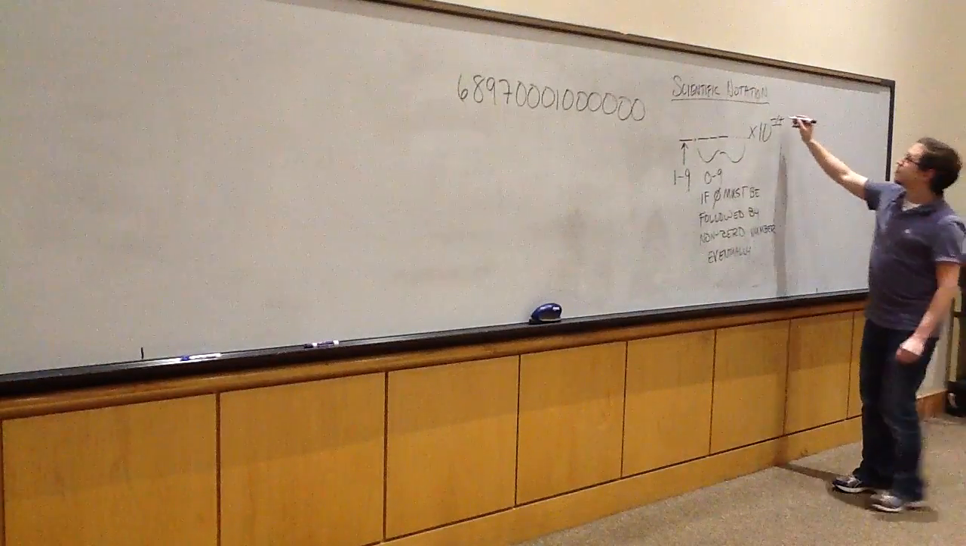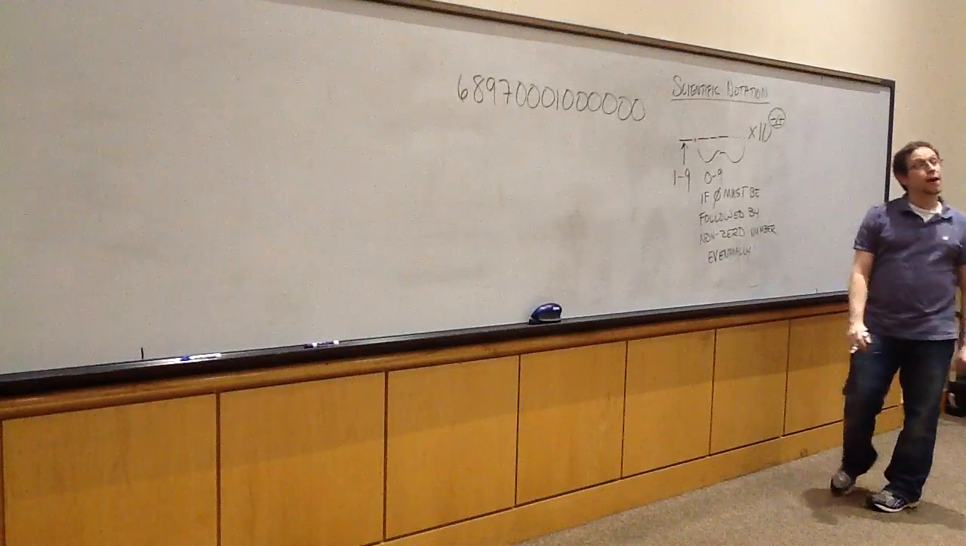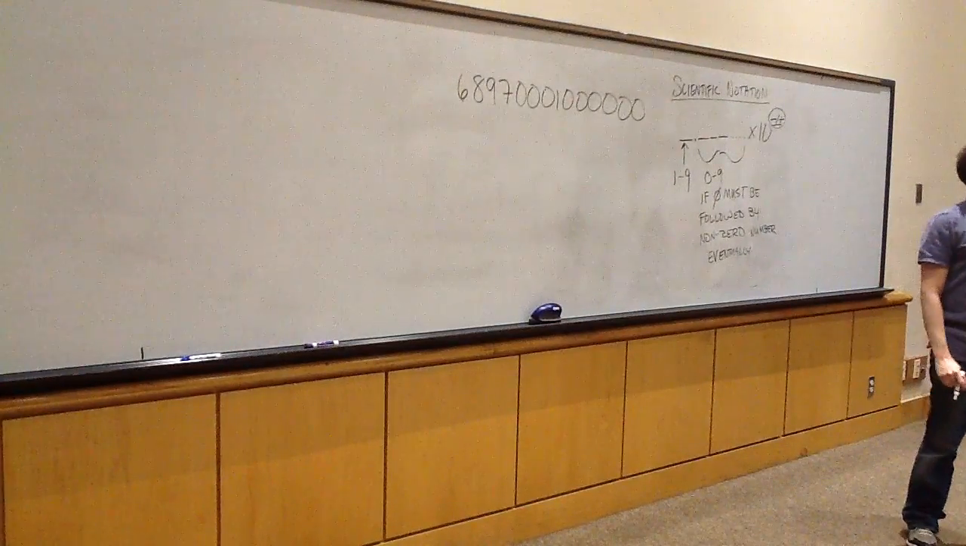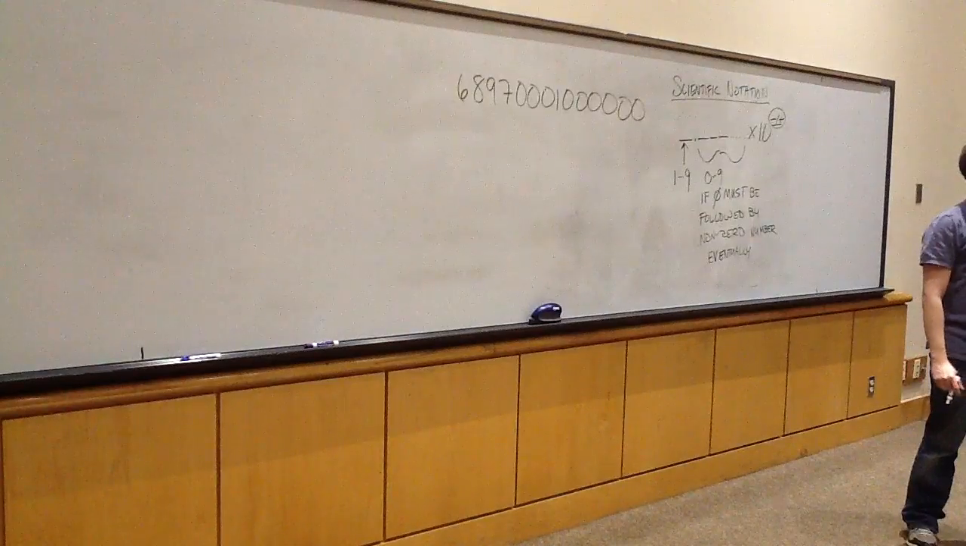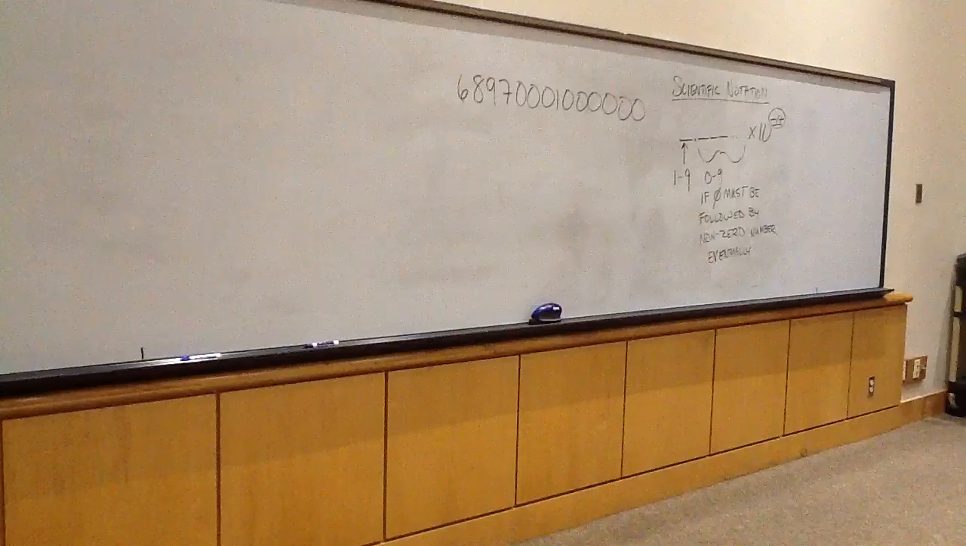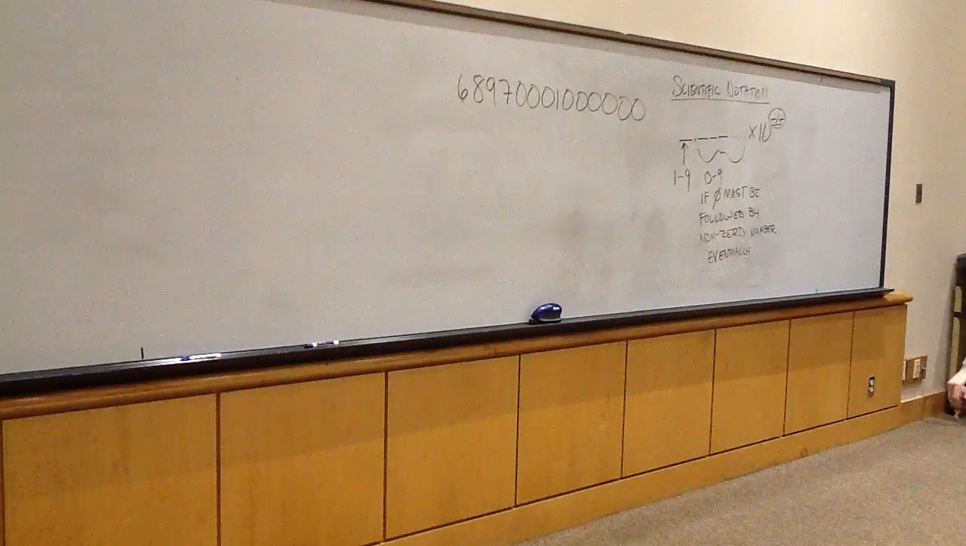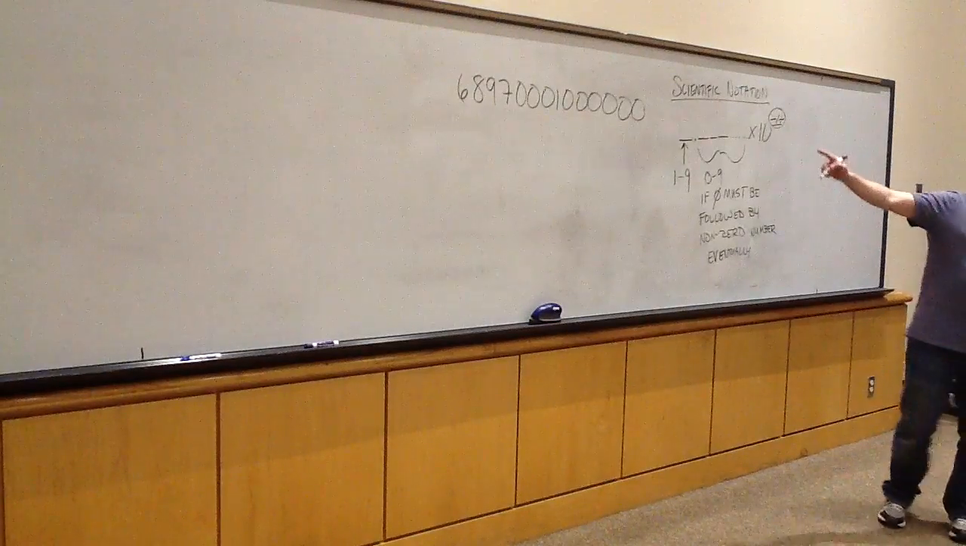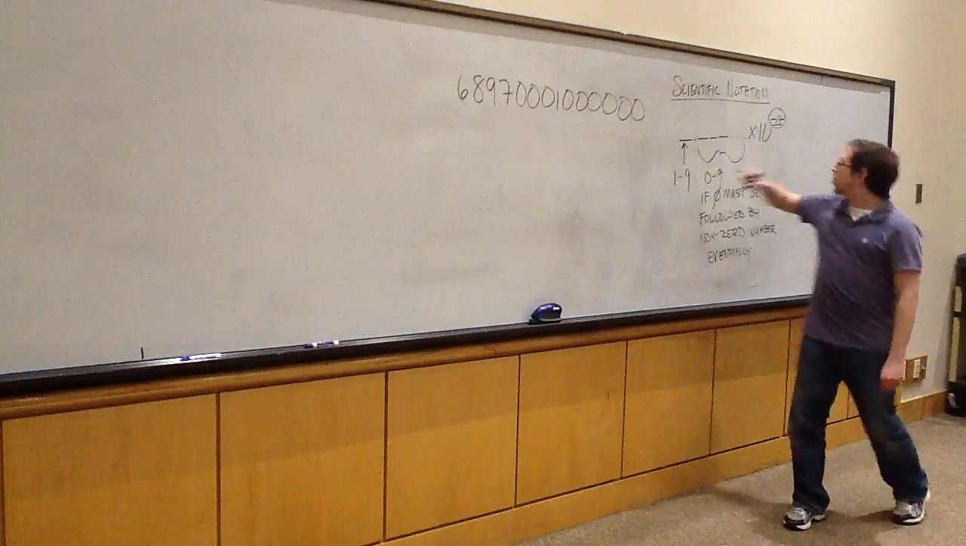And then times 10 to some exponent. Our exponent is going to be determined based on how we move the decimal. Okay? Because that's going to either tell us we need to make the number a lot smaller, or we need to make the number a lot bigger to restore its integrity. So let's go ahead, and I'm going to demonstrate with this first,